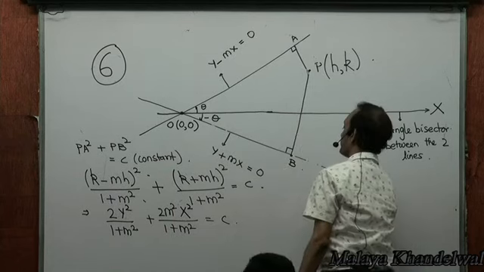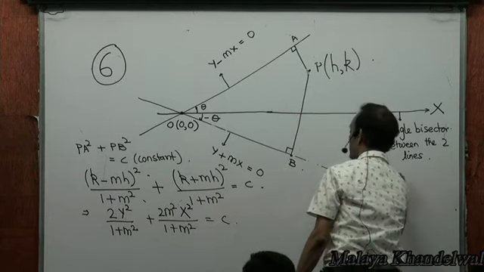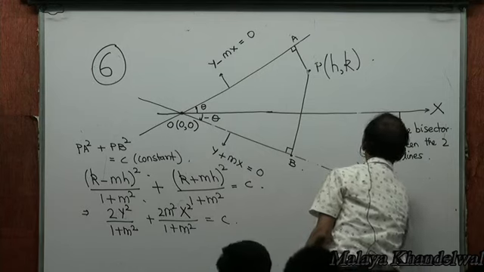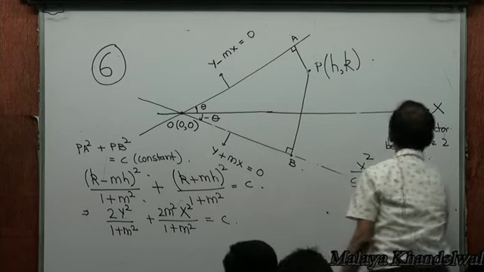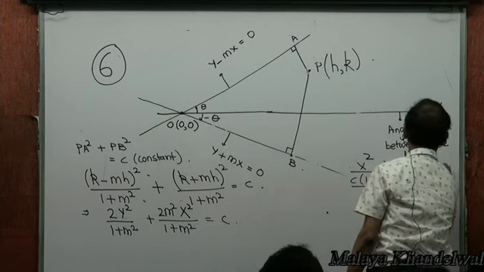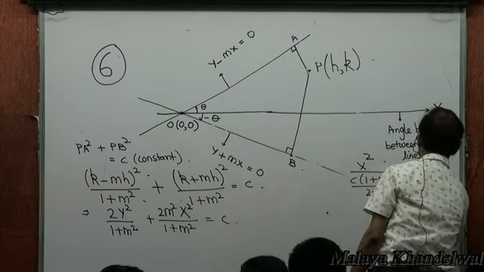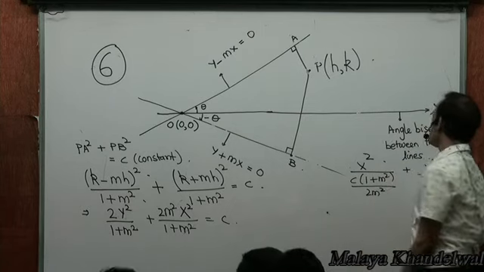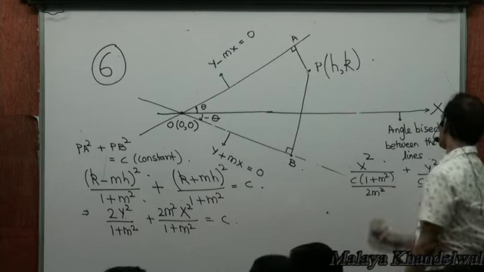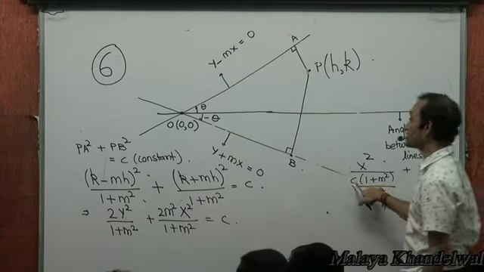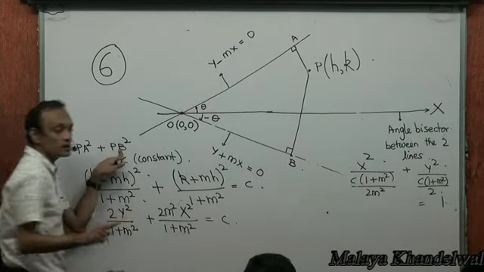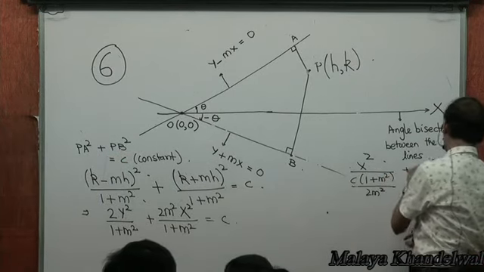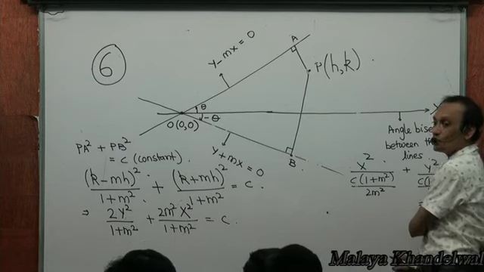So would I not have x squared divided by C into (1 plus m squared) by 2m squared plus y squared by C into (1 plus m squared) by 2 equal to 1? C obviously has to be a positive constant because these are positive numbers. So this is x square by a square plus y square by b square equal to 1, which